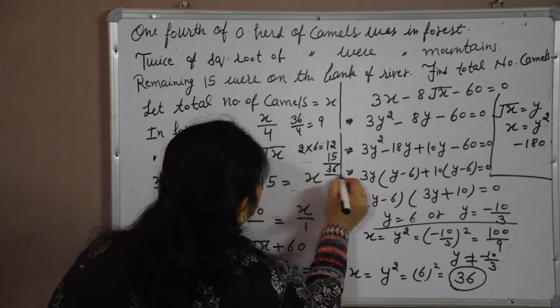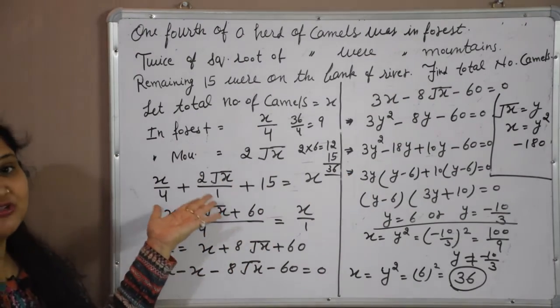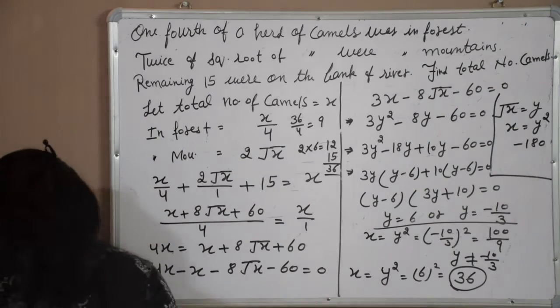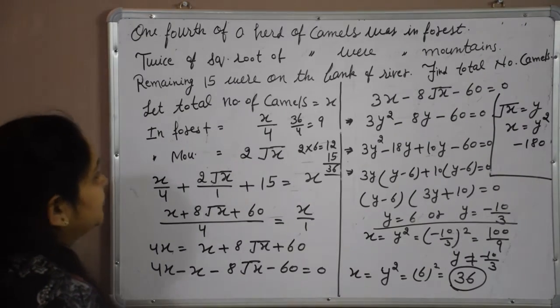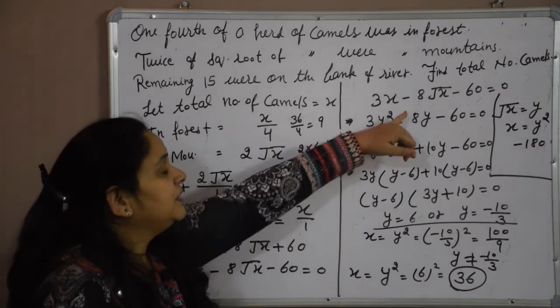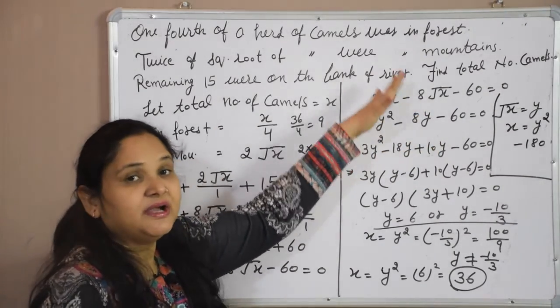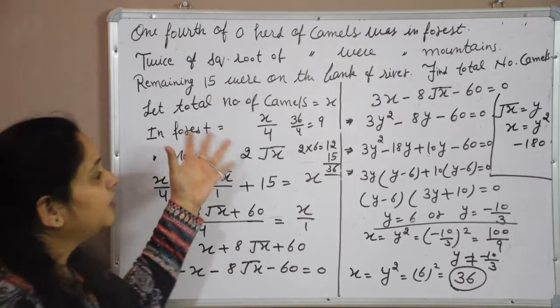So we are getting 36. So the question is also verified. This means our question is completely correct. There is no problem in this question. Only my aim was to tell you how we can solve the under root type of equations. If you are getting such type of equation, how can you solve it?